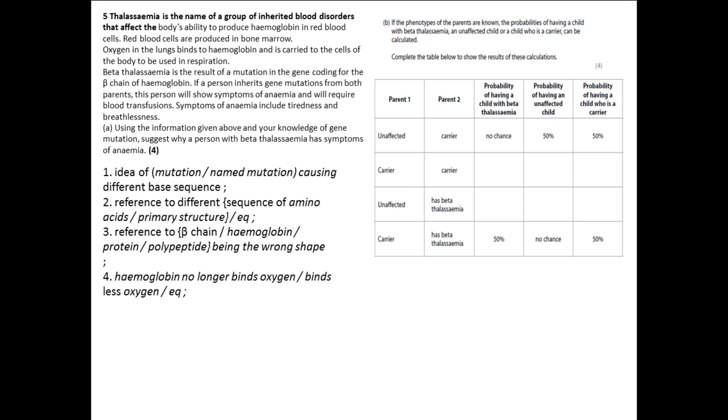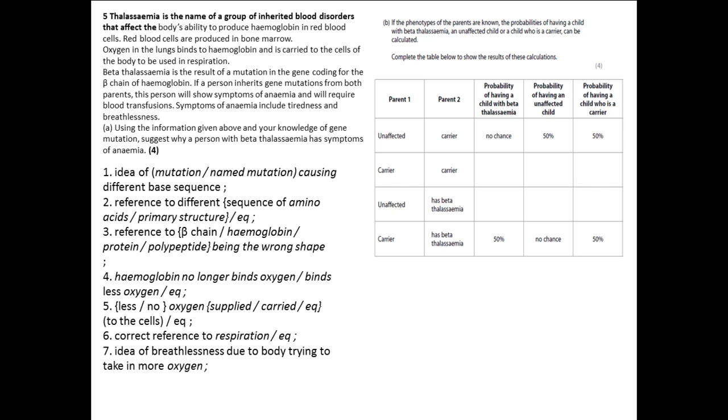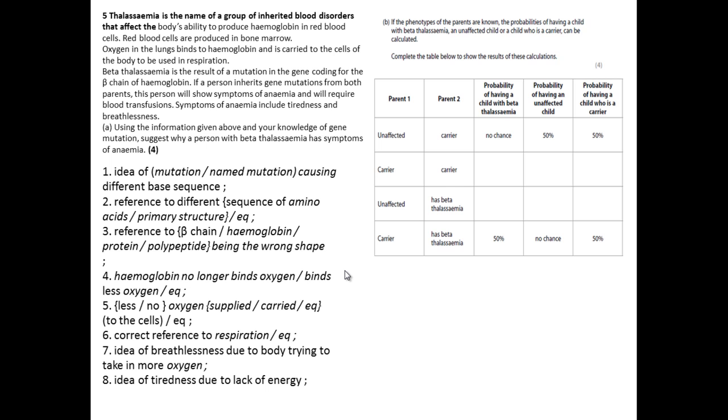From there you can explain that obviously the haemoglobin will no longer bind to the oxygen, and so you're carrying less oxygen. From that point, therefore, there's less oxygen being supplied to the cells. Therefore, the cells can't respire as frequently because they haven't got as much oxygen, and therefore you exhibit breathlessness because what you're trying to do is ventilate as much as possible to get as much oxygen in as possible because your carrying capacity is lower. And finally, of course, there's going to be tiredness due to the lack of energy or ATP production from